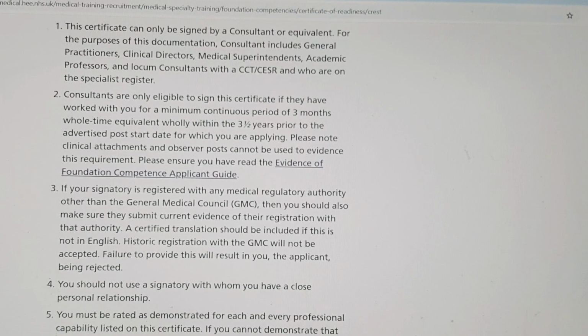To sign, you need to be continuously working, very important words, in the period of 3 months whole time equivalent within the last 3.5 years prior to the advertised post start date for which you are applying. So it is very important to understand that the consultant, whichever category they are in, you should be working under the supervision of the consultant continuously full time for 3 months in the last 3.5 years, and the consultant should not be